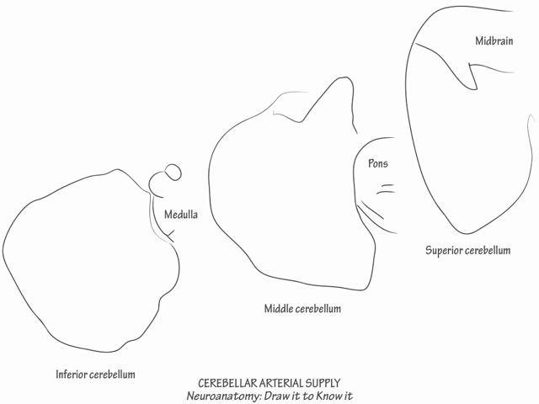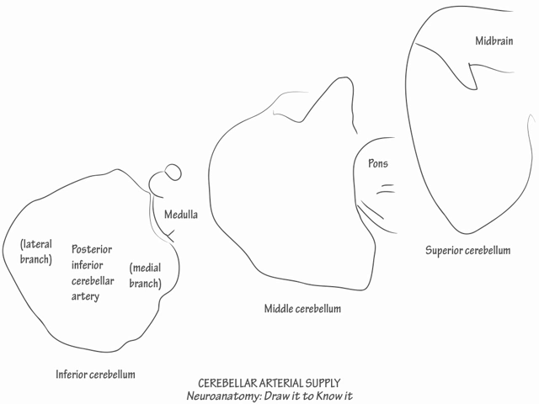3 arteries supply the cerebellum: the posterior inferior cerebellar artery, the anterior inferior cerebellar artery, and the superior cerebellar artery. First, show that the posterior inferior cerebellar artery supplies the entire inferior cerebellum. Then further indicate that it divides into lateral and medial branches, which supply the lateral and medial regions of the